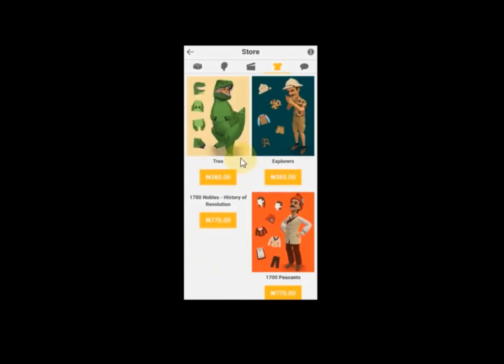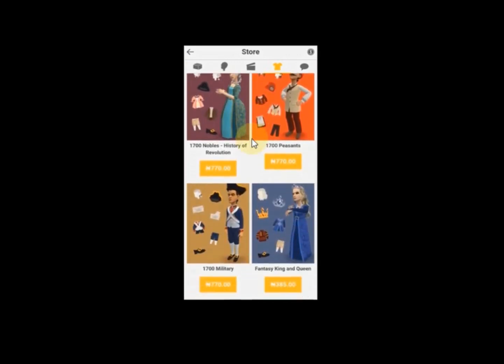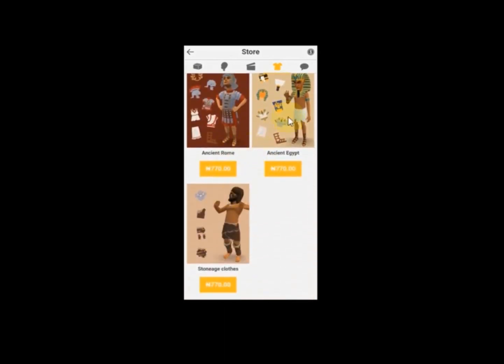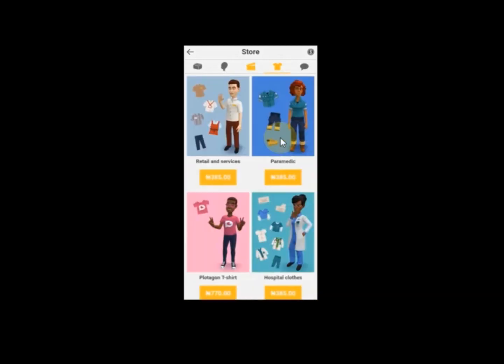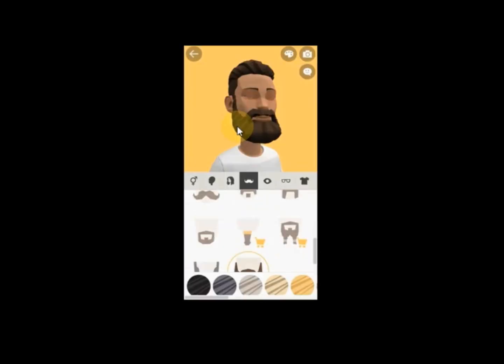You can also go online and choose any character or any scene you want. You just pay some token online and it's downloaded into your system. These are the amounts; it may vary.